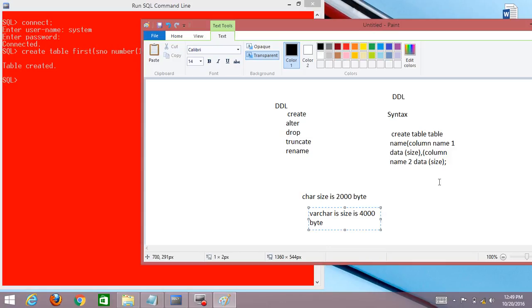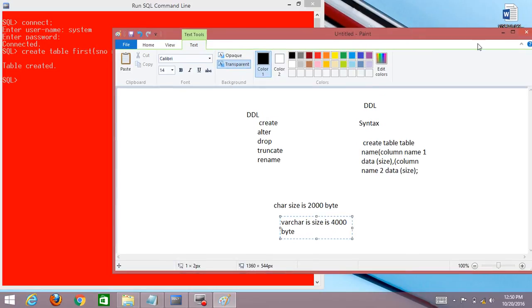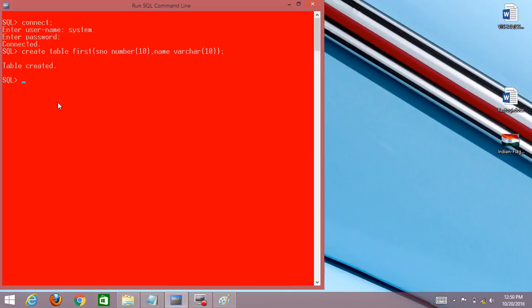Why are you using varchar2 in your SQL databases? First, I am going to show how to use varchar2. First, I will create a new table.